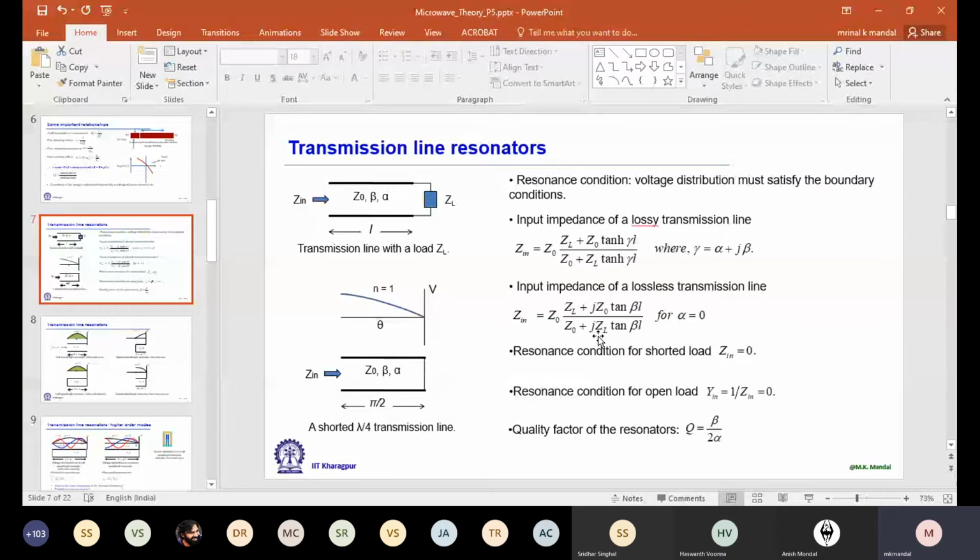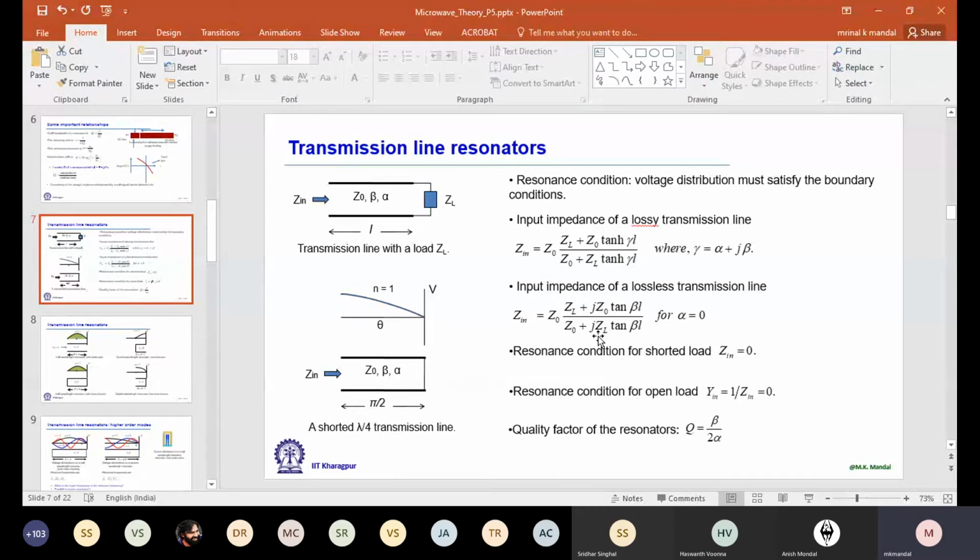If I increase the volume, so previously we discussed that for a guiding structure, if I decrease cross section, then the corresponding electric and magnetic field value will increase. If that increases, then your metal loss, dielectric loss will increase. So it was like a thumb rule. If I decrease cross section, loss will increase. Same thing holds for volume. If I decrease the volume of a resonator, loss will increase.